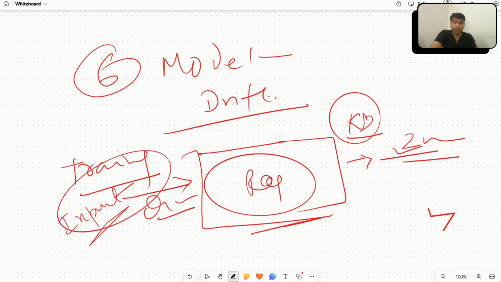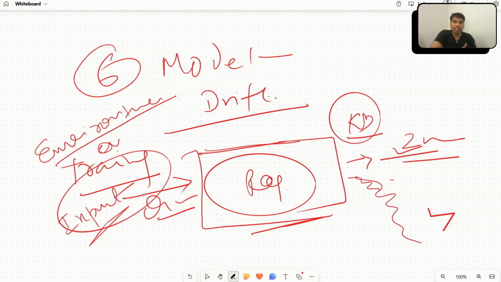So here, because that totally depends upon the environment, right? It totally depends upon the user, what kind of query they are searching for, what is the contextual meaning. It can be different, okay? And maybe over a period of time, it is possible that the user can change their sentiment, the query can be different, the prompt can be different, they can use some keyword which your RAG application is not able to handle. So over a period of time, the performance of your model starts